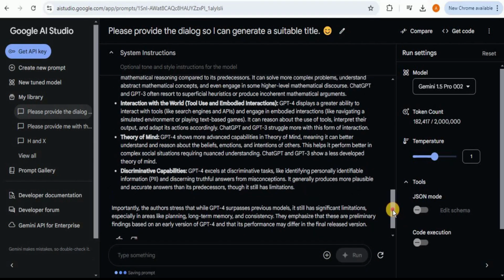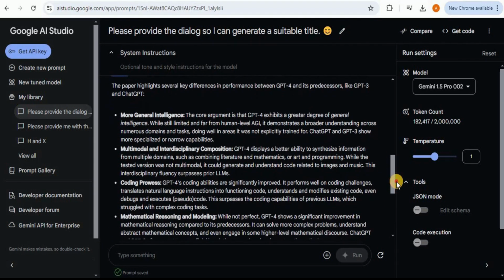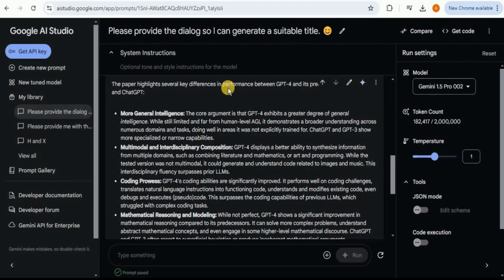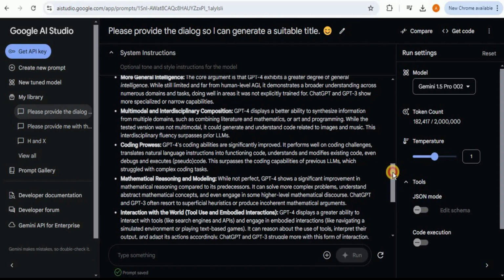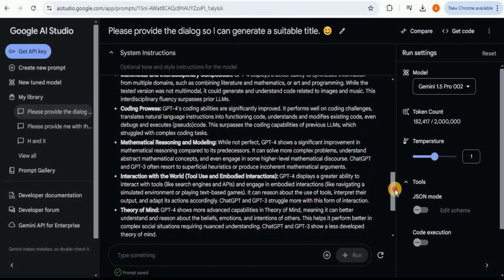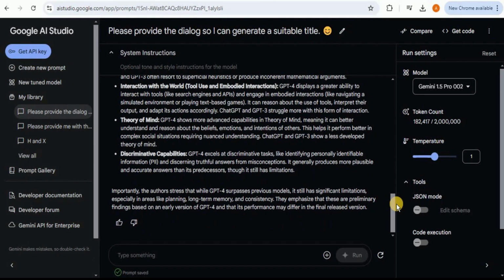Alright, the response is generated and you can see that within a few seconds it has provided us several key differences in performance between GPT-4 and its predecessors, which are more general intelligence, multimodal and interdisciplinary composition, coding prowess, mathematical reasoning and modeling, interaction with the world, theory of mind, and discriminative capabilities.